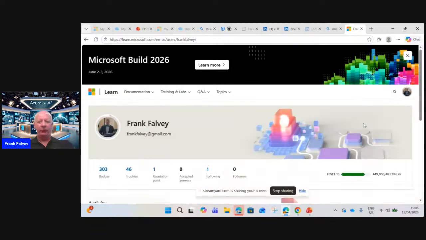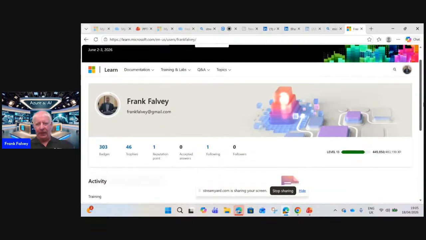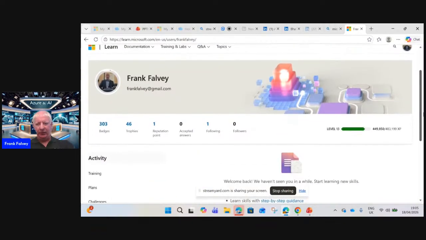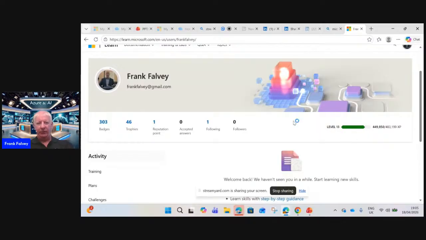If you do courses, they log them, and you can see here I have level 13, and you can see the different badges that they give you on the left hand side. And if you do full courses, then you get trophies like here, 46 of them. And they cover everything really,